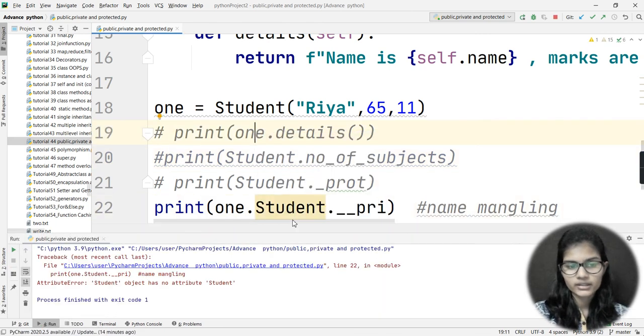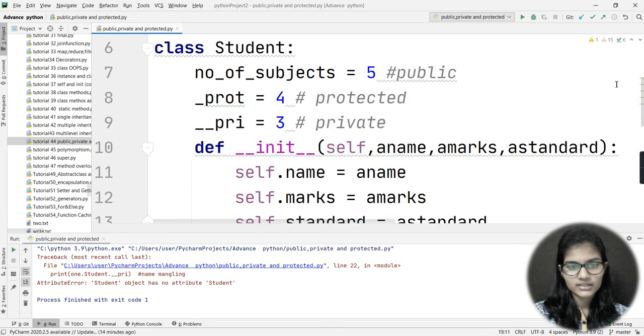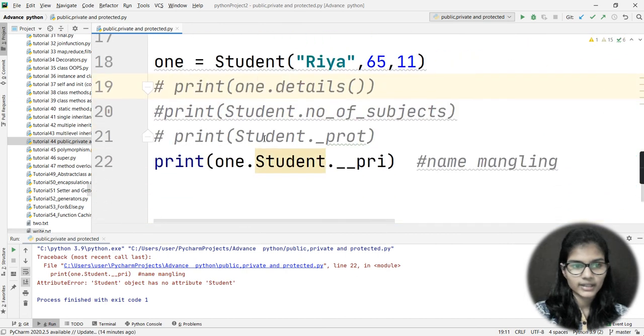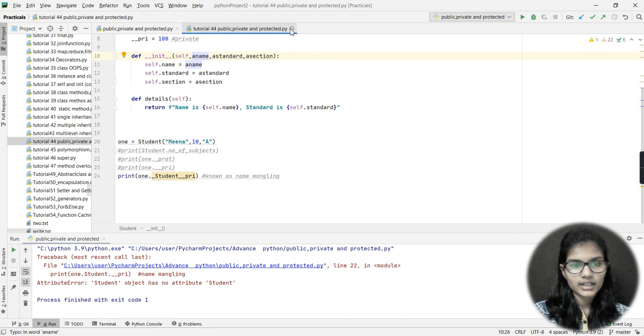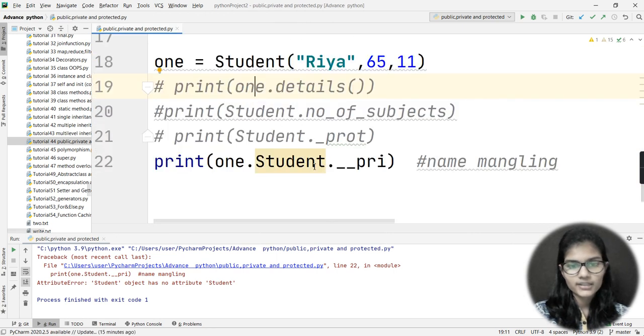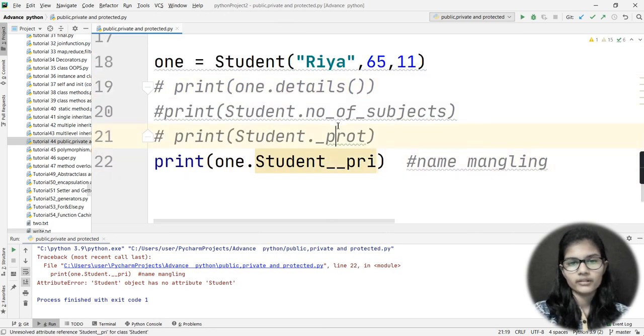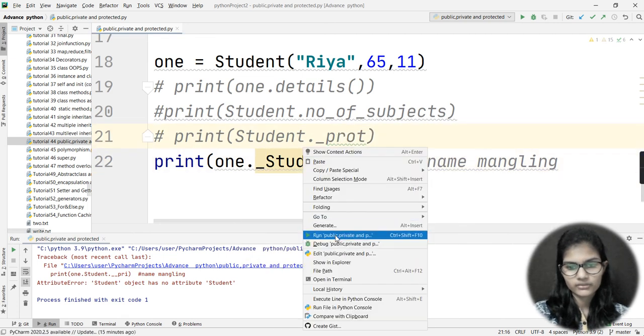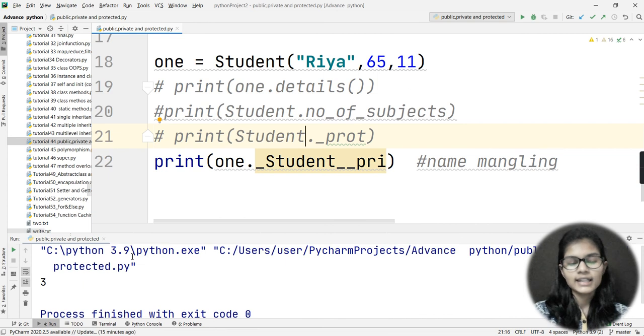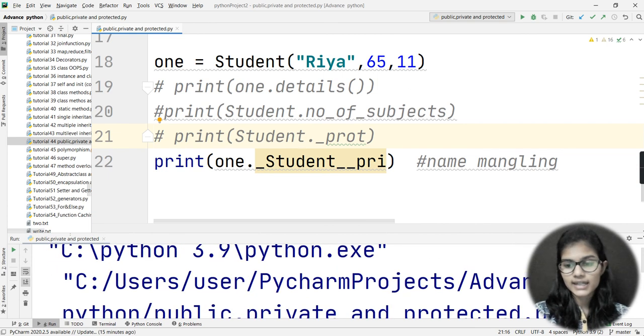Let me go above once and check the name of my class, that is student, underscore underscore PRI. Yes. Now I remove this, put this underscore here, and run it. See, now I got the output, and that is 3.